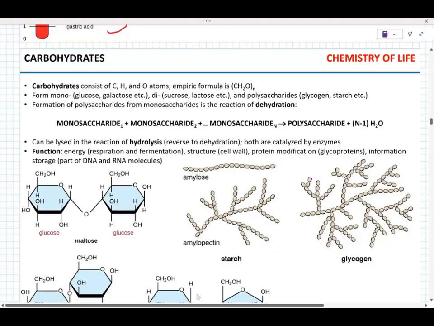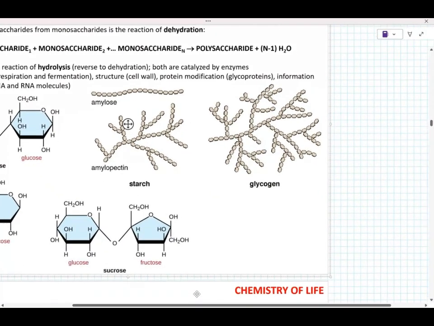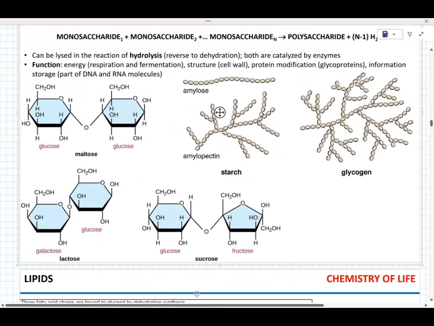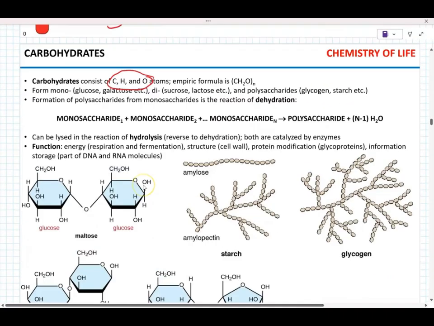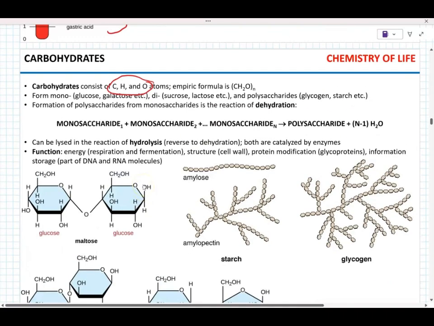Carbs. Things to understand: the composition. This is not a chemistry class. I am not asking you to remember any of these formulas. I will not ask you formulas. I will not ask you the composition of maltose or sucrose or lactose. I want you to understand at the basic level that we have a bunch of monosaccharides which you can combine